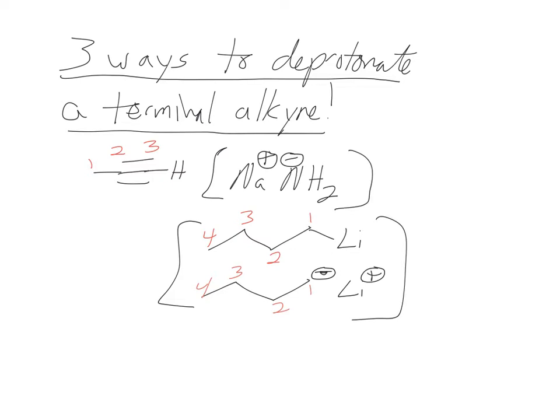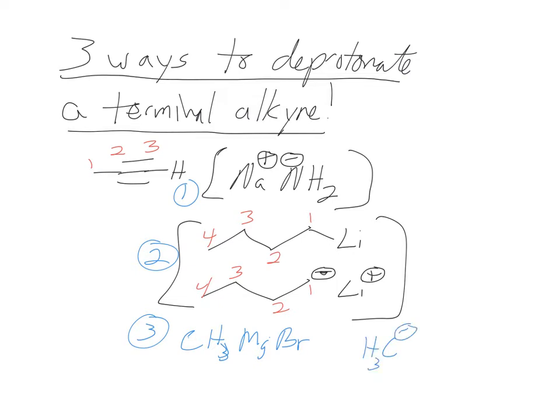The third option, so there's option 1, option 2. The third option is very similar to the second option. It's something like CH3MgBr. So 3 there. Or you could draw it where it's CH3 with a minus on the carbon and then a plus on the magnesium. Now magnesium, again, where's magnesium at? It's still the far left side of the periodic table, right? It's not going to have a covalent bond to carbon. So the third option here,